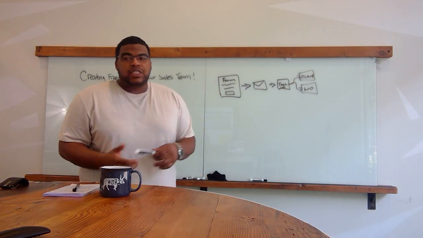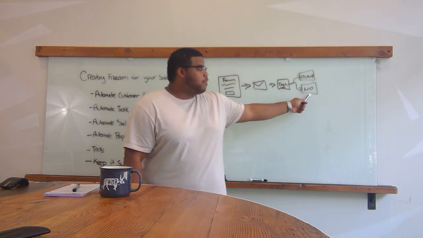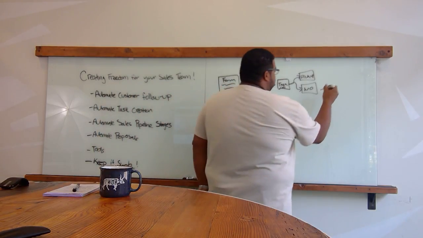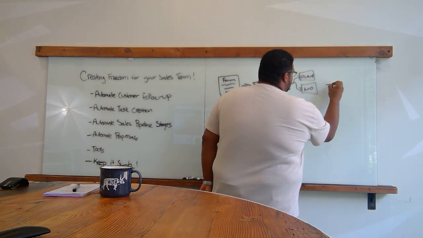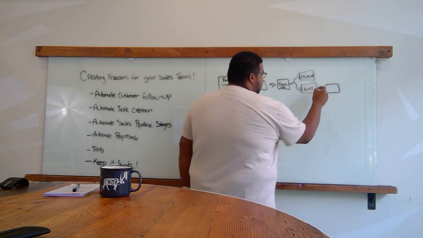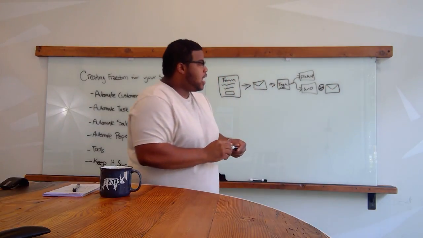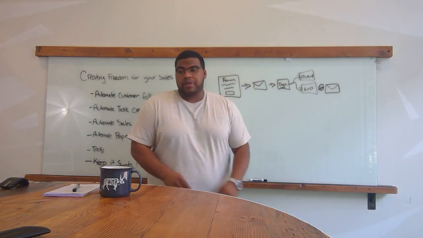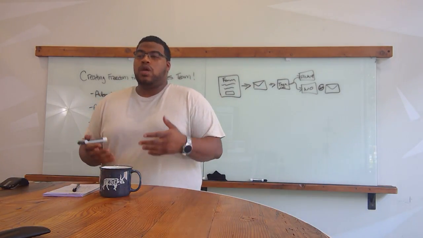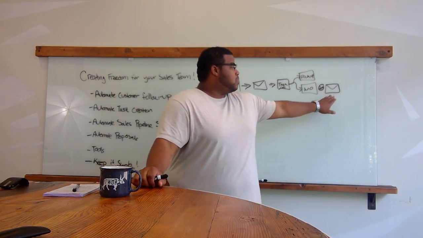So what I'm suggesting is that you have processes in place that work for you. So what am I going to do? I'm going to follow up. Let's just say we're going to wait 24 hours, and then we're going to send them another email. In that email, we're going to have a link to our calendar. Hey, we saw that you were interested in our services and we really want to talk to you, really excited about what we can do, how we can help you with your business, or whatever it is that you want to say to that customer. And we're going to send that email.